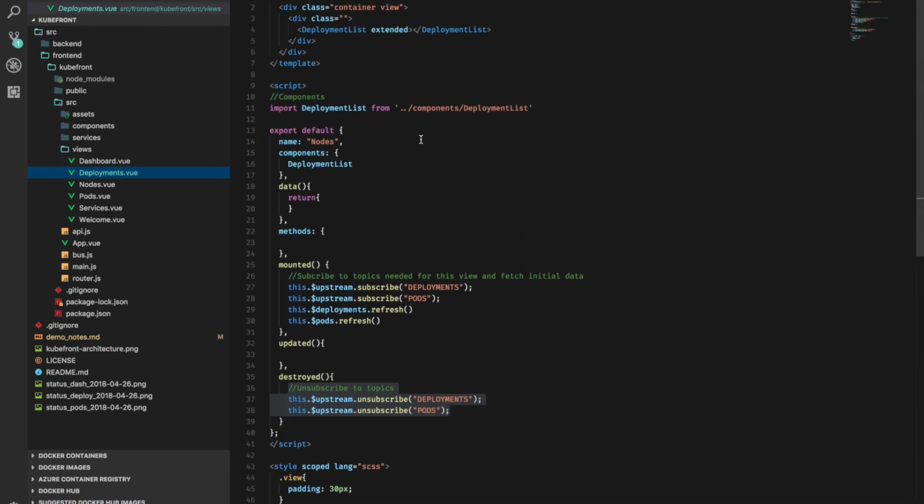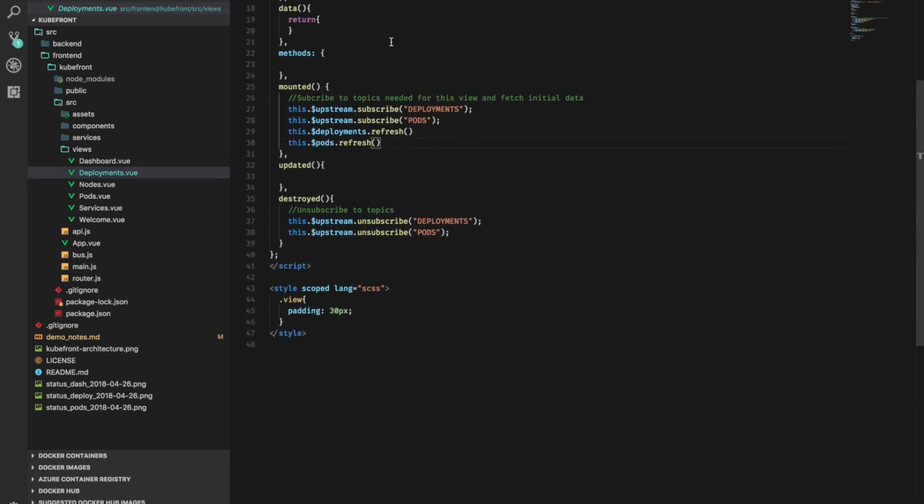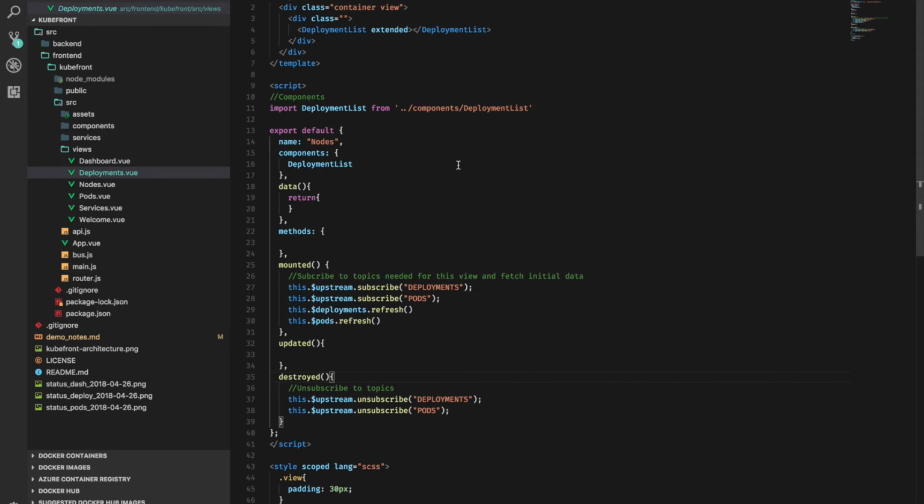When we look at the different subviews, they're basically the same. They have these views here, which are a scaled down version of the dashboard, targeted towards one single component. They are very simple to just subscribe to the information that they need. They refresh, so they start with a refresh set of data, and they have the component inside. These are tagged as extended, so the component can tell if it's in the dashboard or if it's on a